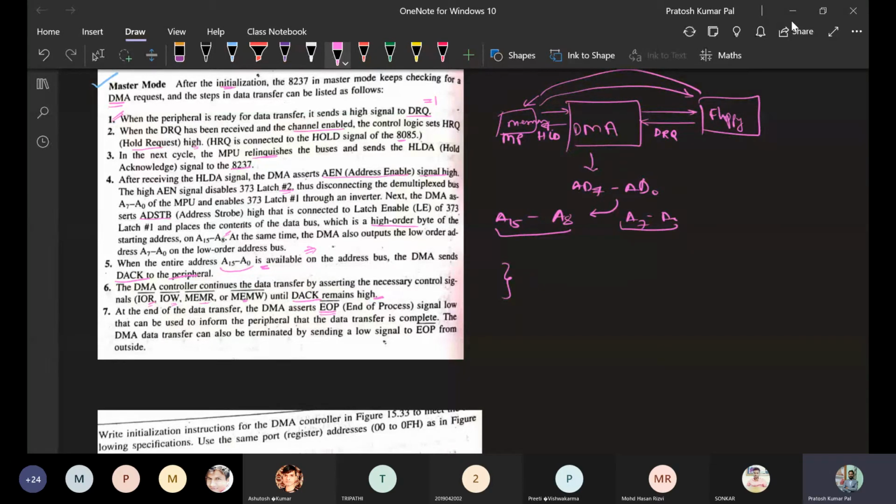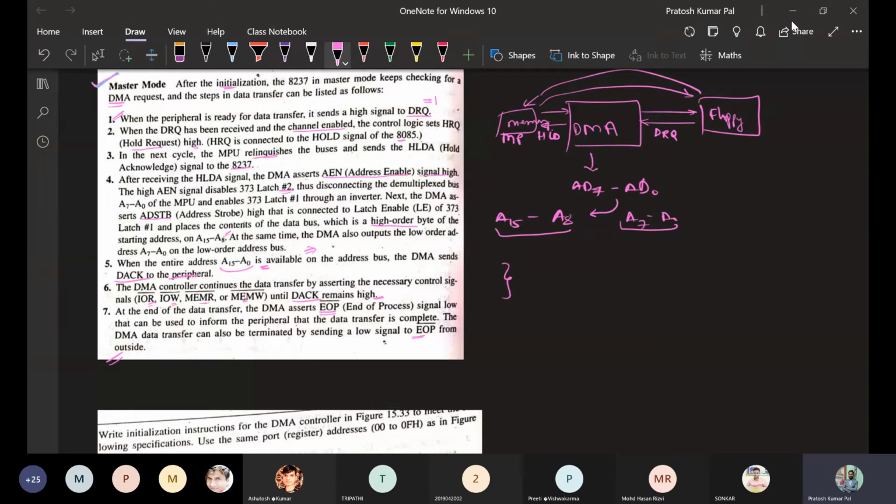This end of operation is a low signal that informs the peripherals that the data transfer is complete, and the transmitting will be stopped as the end of operation is activated. So this mode is basically considered as the master mode.